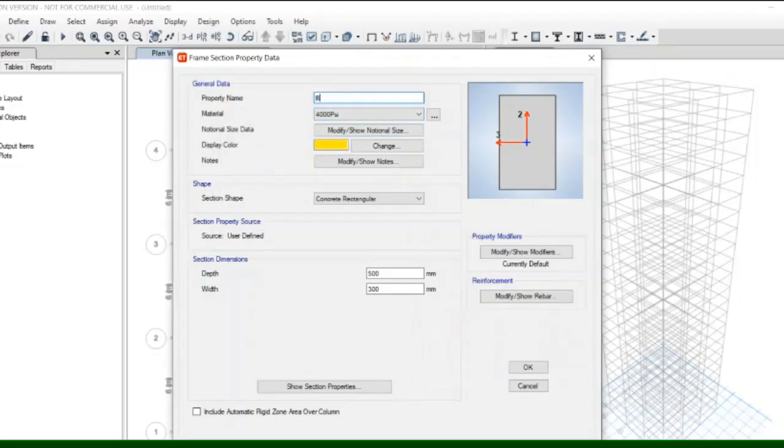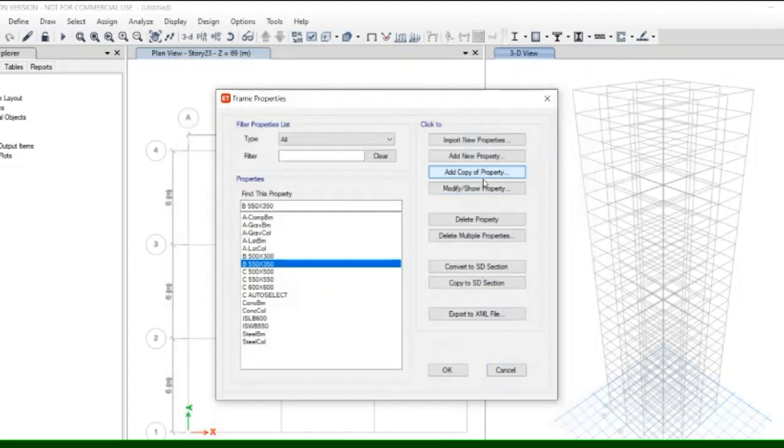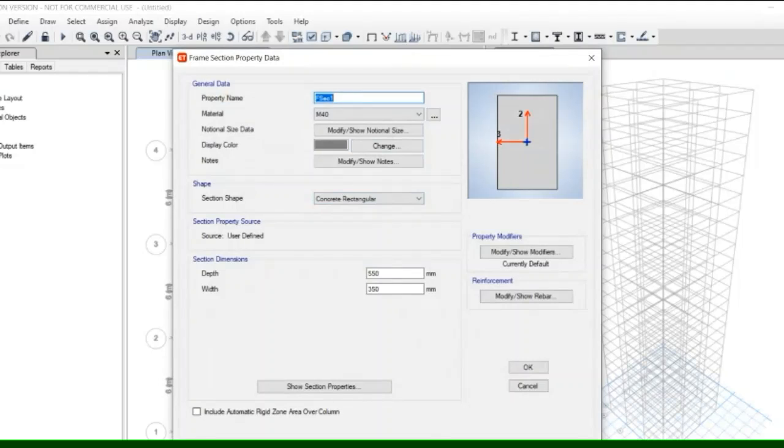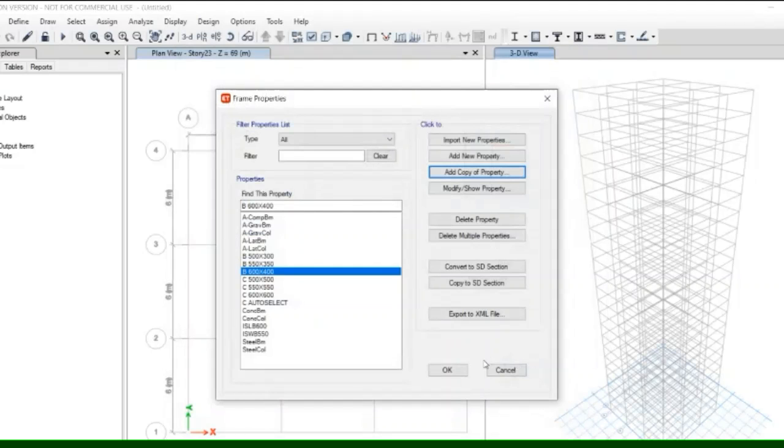Add new property for the beam, 550 by 350. OK. Then again for the beam size of 600 by 400, enter the size. OK.